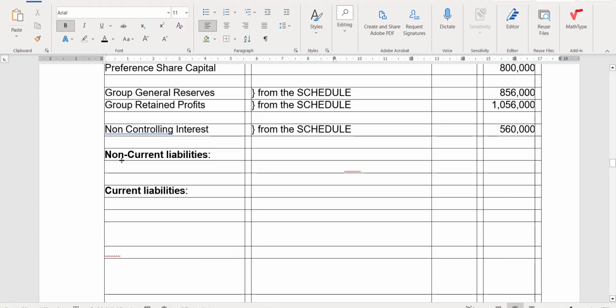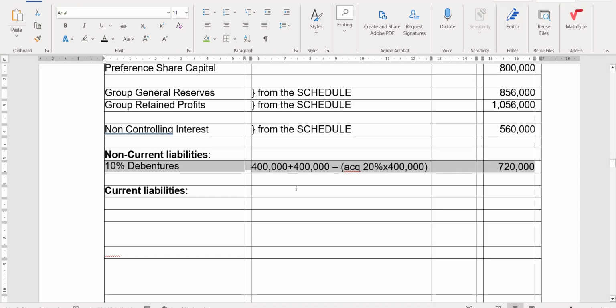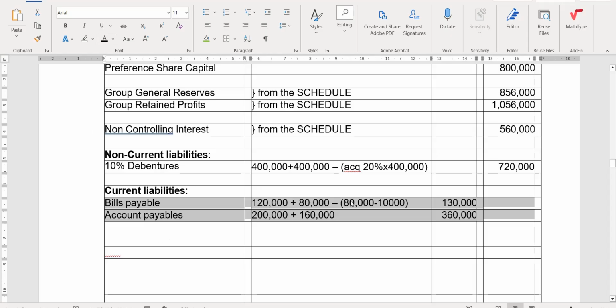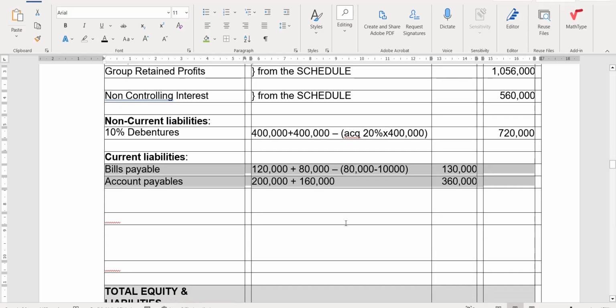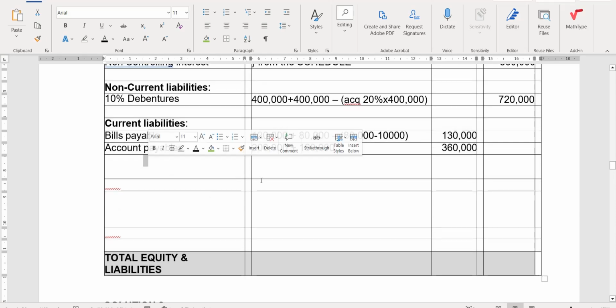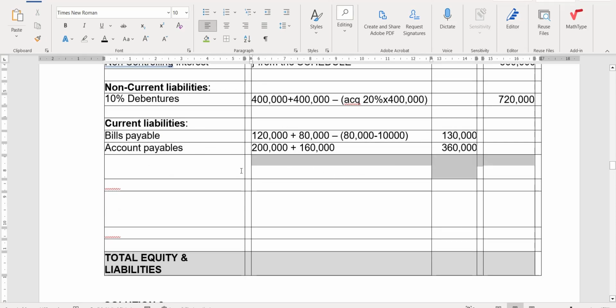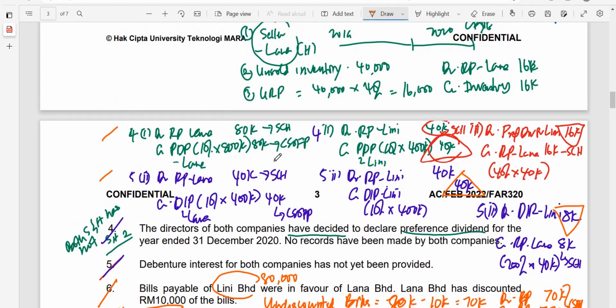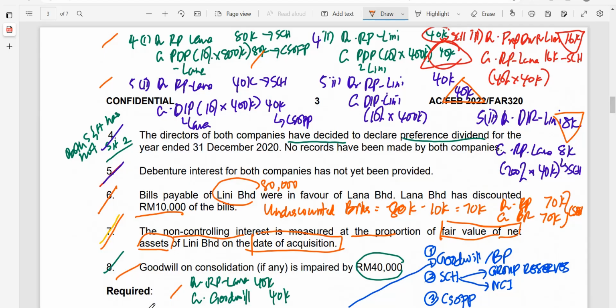Next, you will do the next section, the non-current liabilities. So just add up and reduce with the amount acquired by the parent. For the current liabilities, the first section I will be doing is accounts payable and bills payable. Only adjustment for bills payable, no adjustment for accounts payable. And I will be doing now the adjustment that involves the intercompany dividend and interest. Number one, I start with the preference dividend payable by Lana. Remember, this is the one here. This one. So include that there,